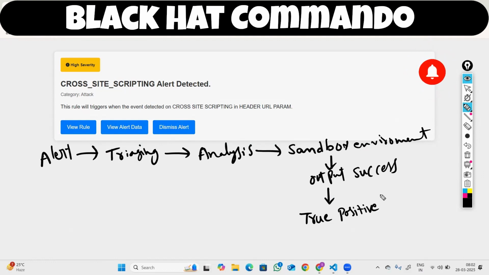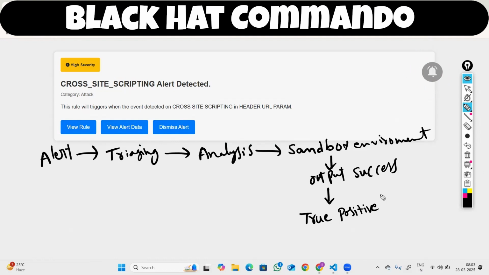So now the interviewer can ask the question: when you are in the position of a SOC analyst, if a cross-site scripting attack has been detected, how are you going to tackle the situation? Now your answer should be like, I will check through the logs, each and everything, where I can find the parameters which the attacker has used, by using malicious scripts or basic scripts using JavaScript in a web page, I will